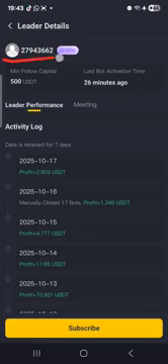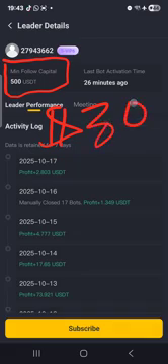Some of you are going to say minimum follow copy $500. Even if you have $30, you can still copy this. This is not important. It's just a feature that we put here. But the settings we have done, even if you have $30, $50, $100, you can still copy our trade